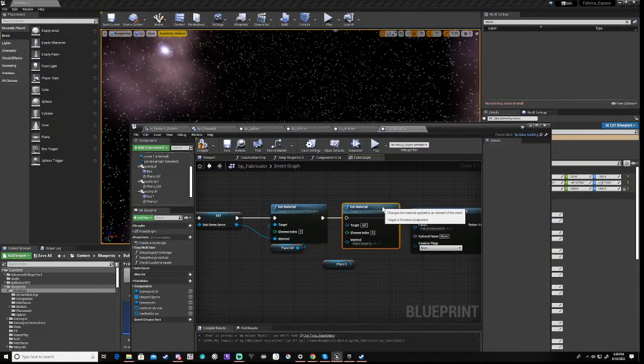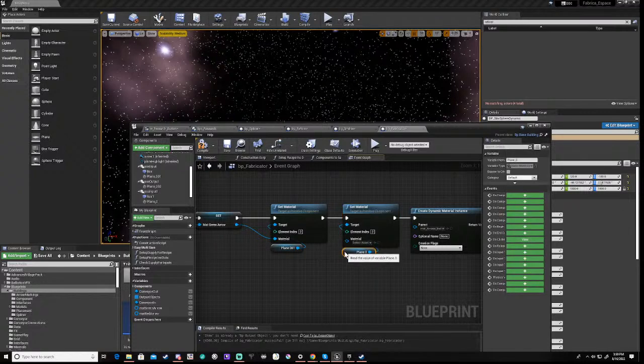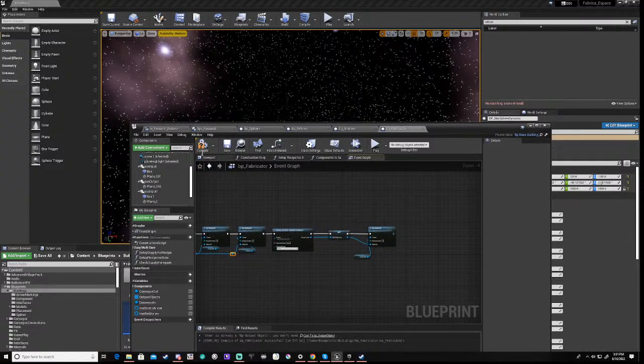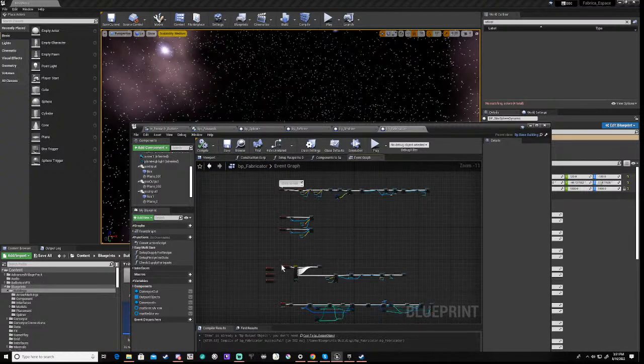I know there's a possible issue here, but we're going to go for it and see if it actually works. Right? It might just work. So save that, and then what we need to do